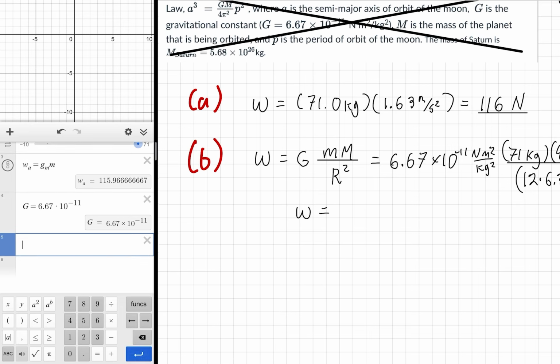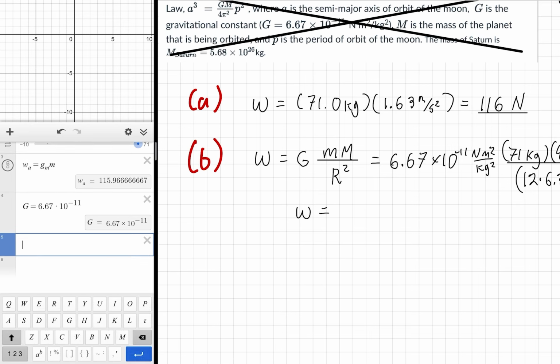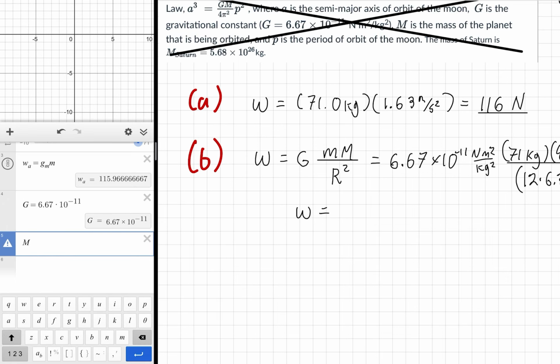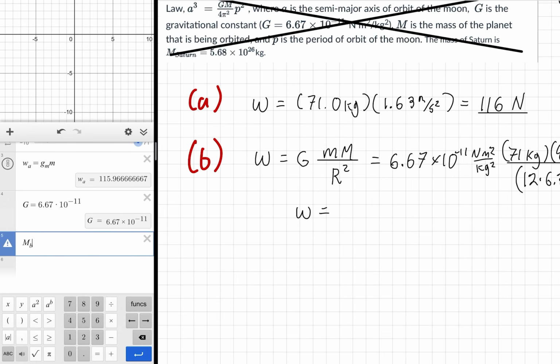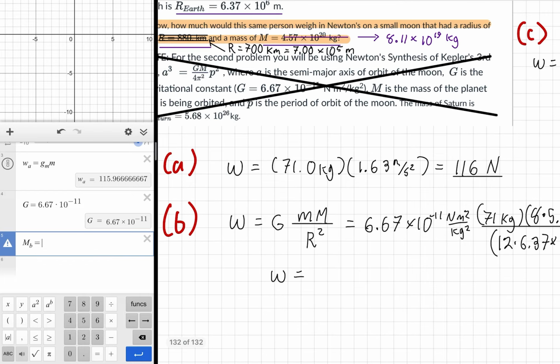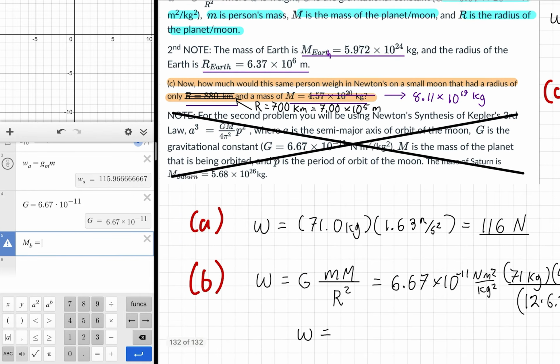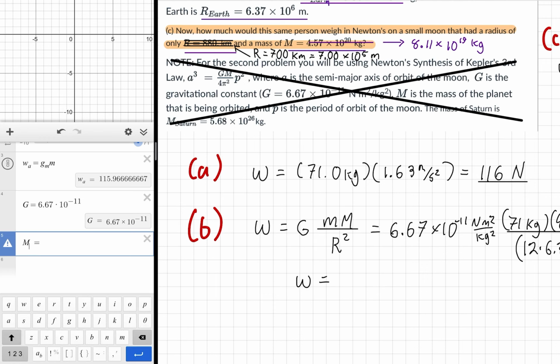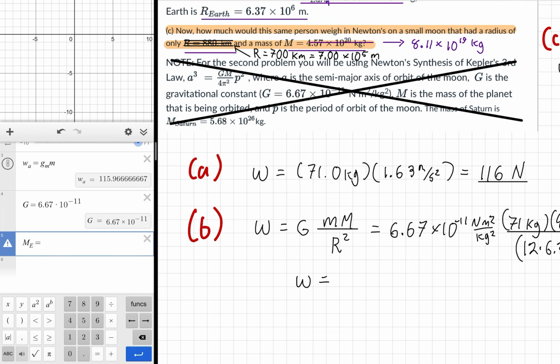Okay, and then we already defined little m, so now we're going to define big M, and this one will have a subscript of part B because we're only using it in part B. We'll have a different big M in part C. And the one that we're going to use is actually just the Earth one, and we'll multiply by a factor, you'll see when we get to it, okay? So we're just going to define it for Earth. If you're going to be using Desmos, this would be the same constant that you should put in